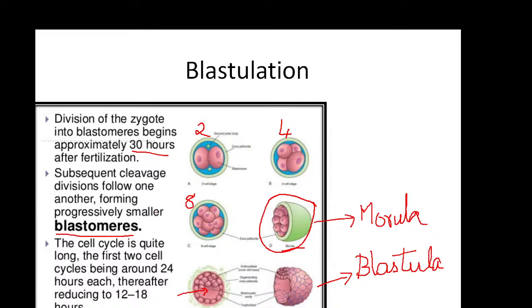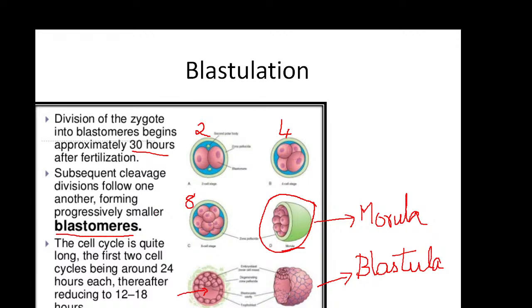This cell cycle is very long; the first 2 cell cycles take around 24 hours. The division starts 30 hours after fertilization. After it starts, going from 1 to 2 and 2 to 4, the division will be a little slow. After that the division is very fast. That is how a morula stage is formed. After the cells rearrange in the morula stage, a cavity will be formed inside the developing embryo, and that is known as